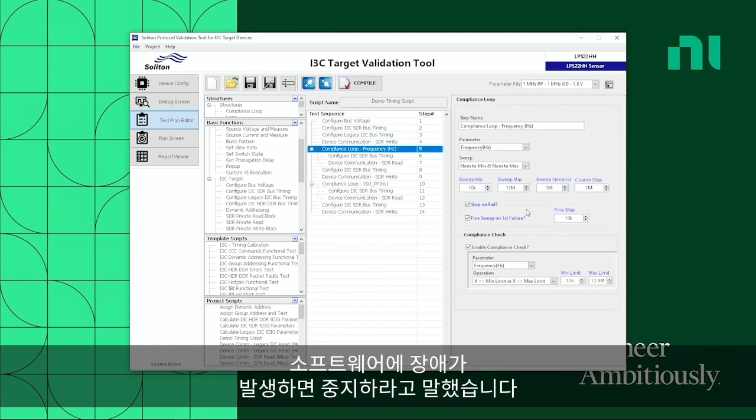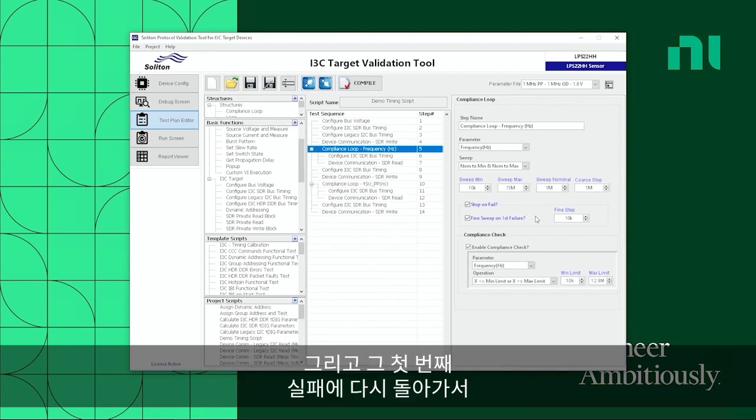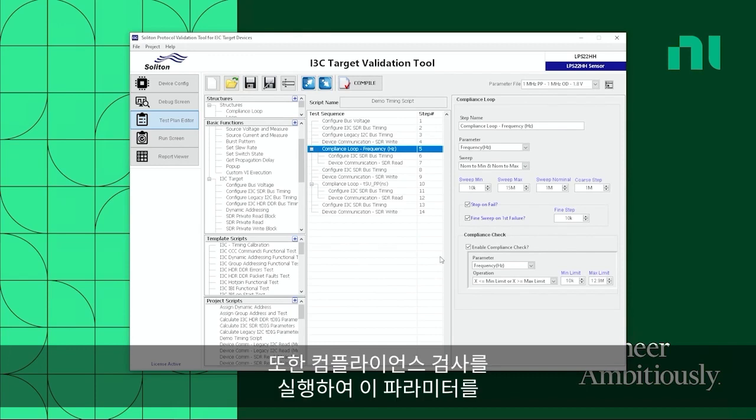I've told the software to stop on a failure. And on that first failure, I want to go back and do a fine sweep. So I'll move back to the last pass value and, using a 10 kilohertz step, perform a fine sweep so I get a more precise data point of the device failure. I'll also run a compliance check to compare this parameter with the device protocol standard